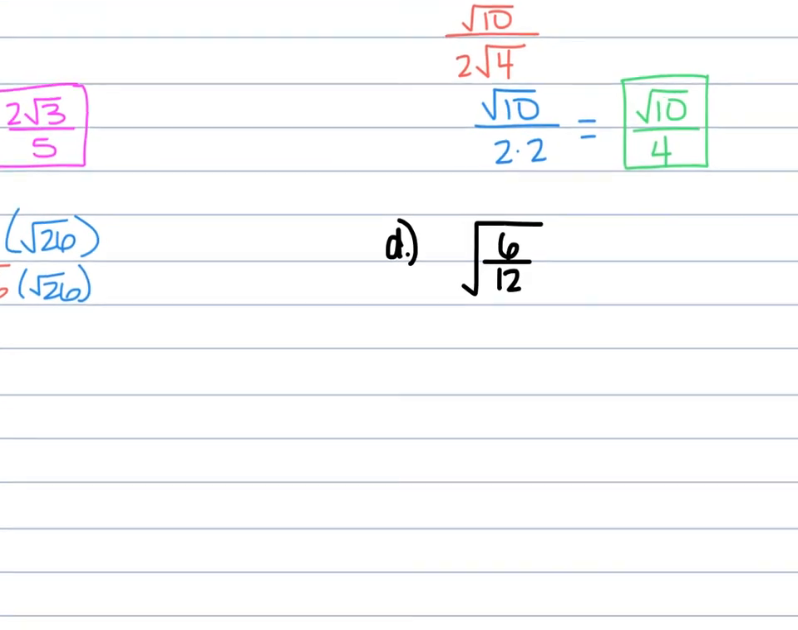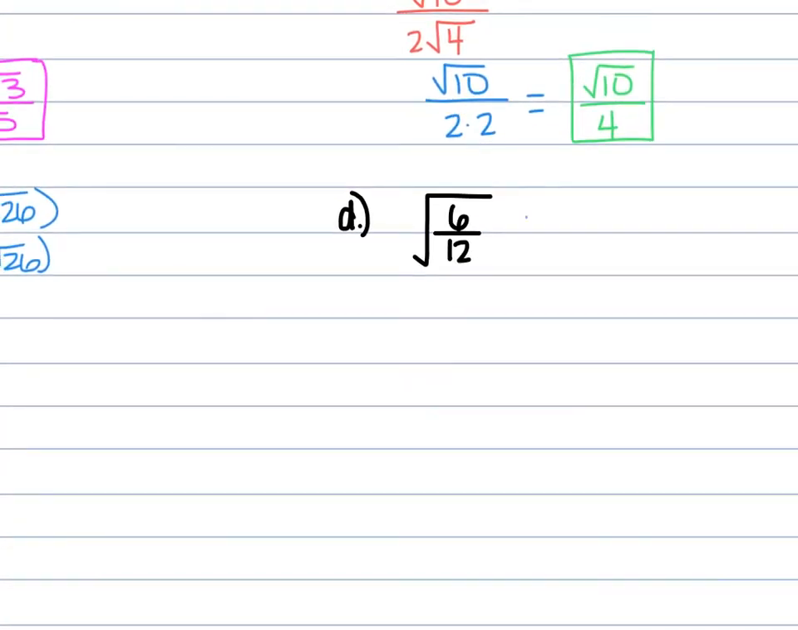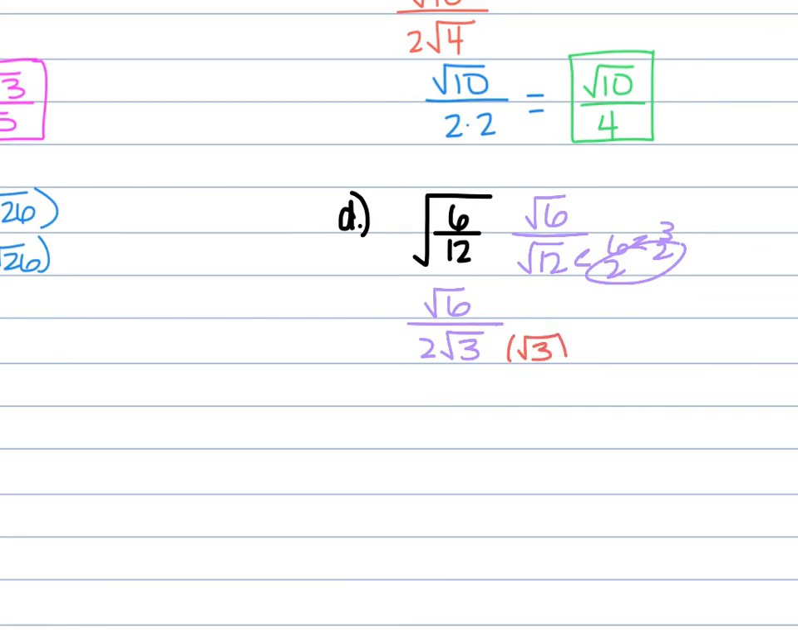For D, we have the square root of 6 over 12. So square root of 6 over square root of 12. We simplify that 12 by 2 and 6, which is 2 and 3. So square root 6 over 2 square root 3. We're going to multiply the top and bottom by the square root of 3 to get rid of that radical in the bottom. And we're going to have the square root of 18